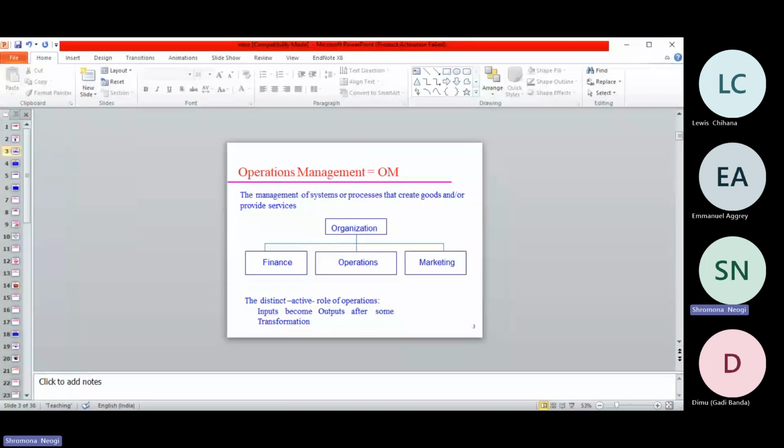Now, if I want to clearly distinguish the roles in operations, see, it could be like inputs become outputs after transformation, and that transformation part is particularly concerned with operations, right? Now, operations management is concerned with ensuring that the company's operations are efficient and effective and that they meet the